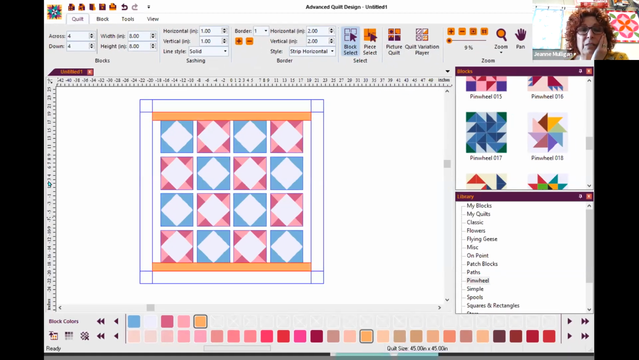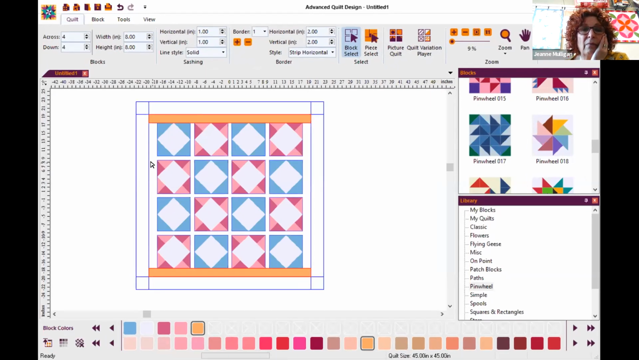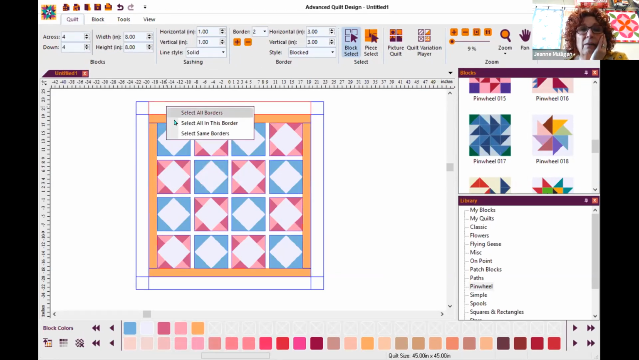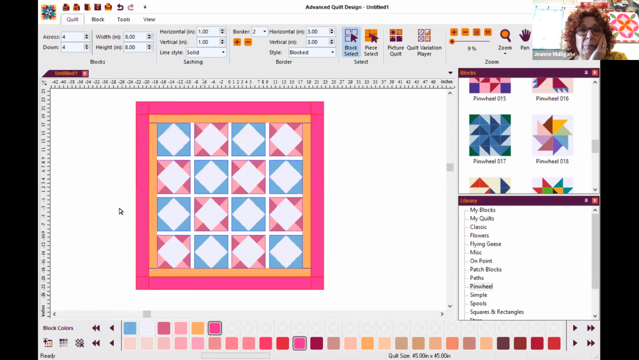Let's make it kind of an orangey color so we can see it. Select all in this border. Here we go. And then I'm going to go up to the other one, select all in this border, and I'll make it a darker pink. Whoops. Select same, and I'll make it blue. All right. So let's say that I think that this is fabulous,